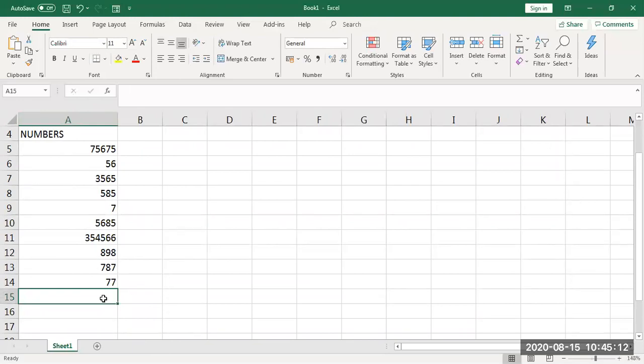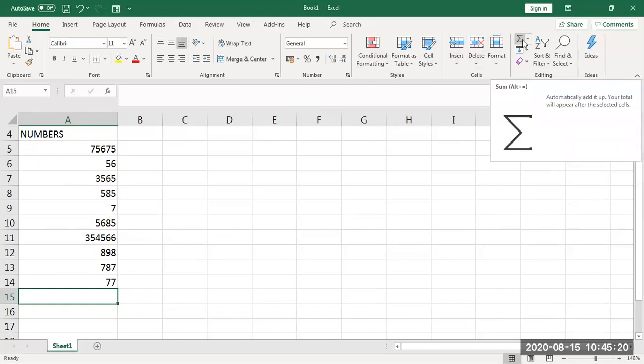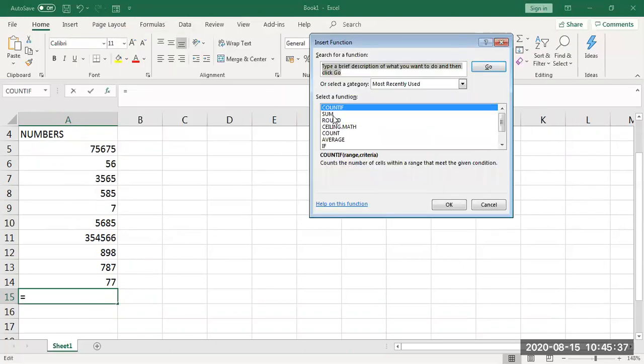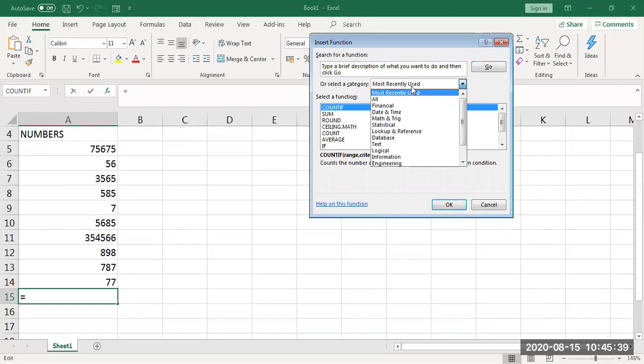I want to add these numbers. The built-in functions in Excel are all available under the option called sigma. See, sum. When I click sum, I can add. Apart from that, if I want other built-in functions I can also search. We have options like sum, average, count, maximum, minimum. Apart from that, when I click on more, Excel has included so many built-in functions.